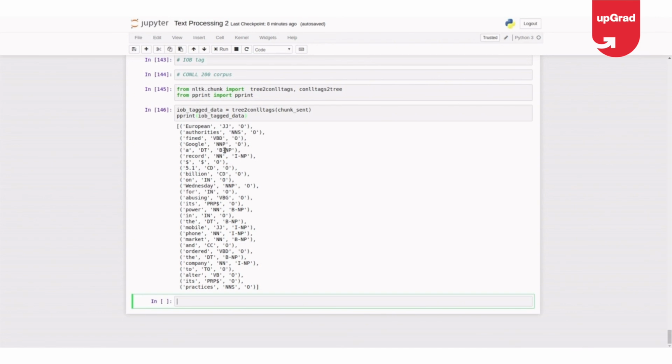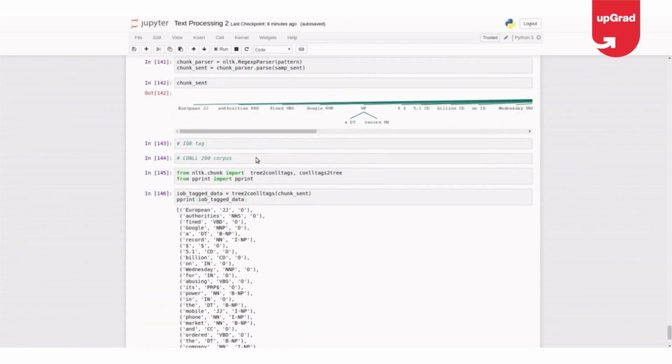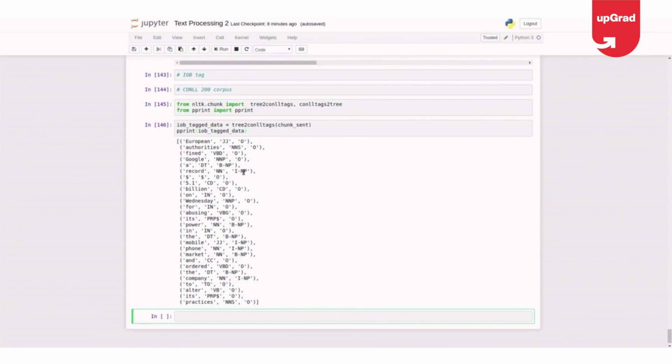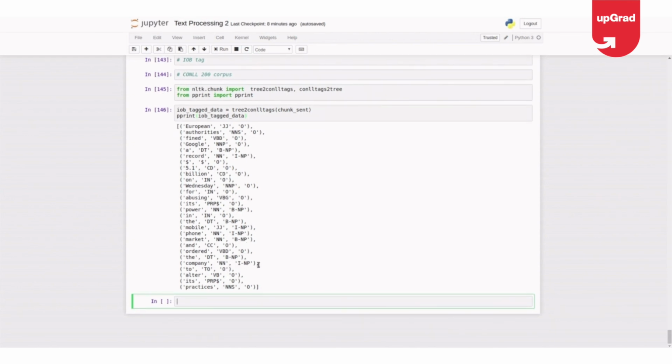In just a minute back, we have implemented the instruction of noun phrase named entity, right? So we have extracted named entity here, and there are NP, a record, NP. If you have seen here, a record is a noun phrase. So noun phrase, it's the beginning, it's the inside one, and then again all are outside, and again I got my NP here. It's beginning, again here beginning noun phrase, inside noun phrase, inside noun phrase, beginning noun phrase, inside noun phrase, and outside.